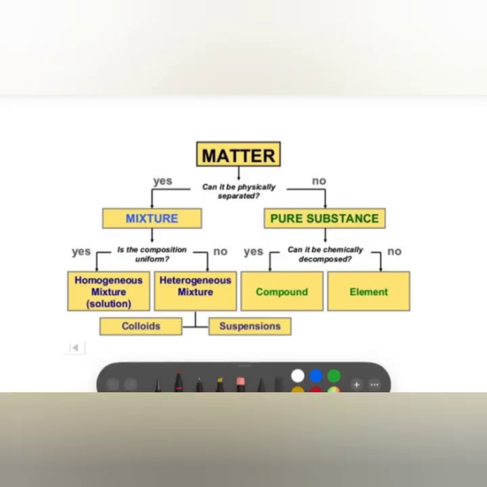Classification of matter. Matter can be classified in two main ways. First is based on physical state and second is based on chemical composition, right? Classification on physical state. There are three physical states: solid, liquid and